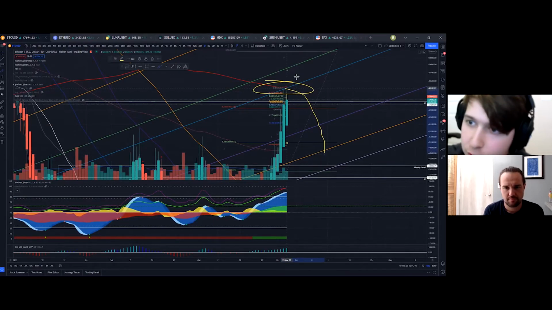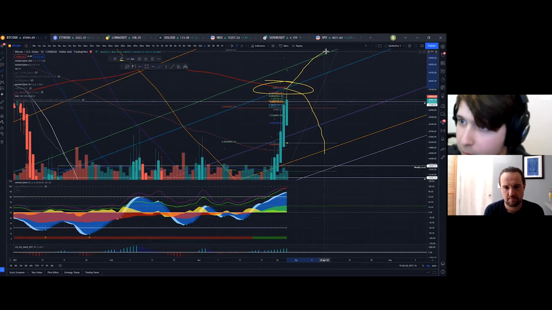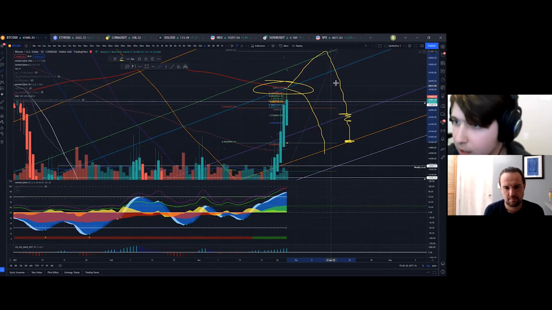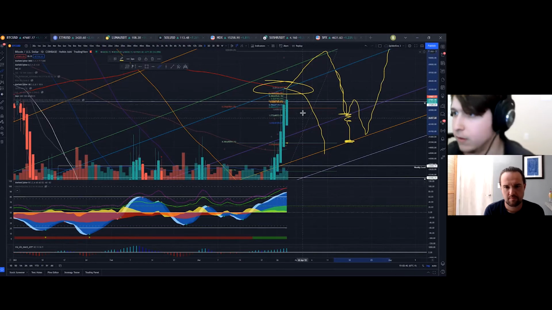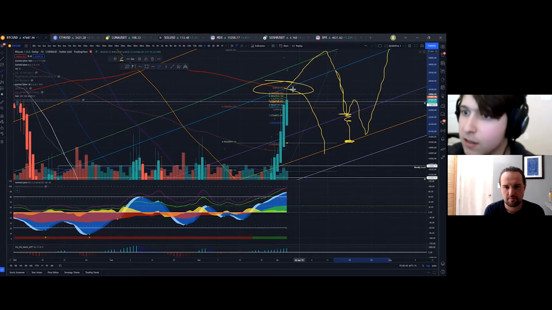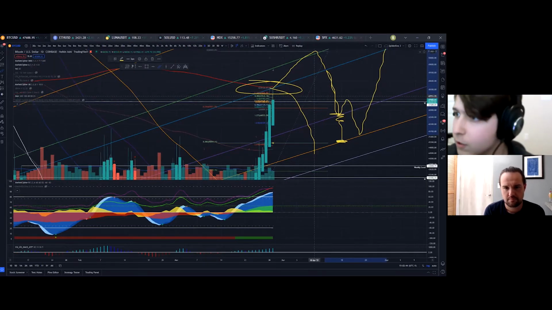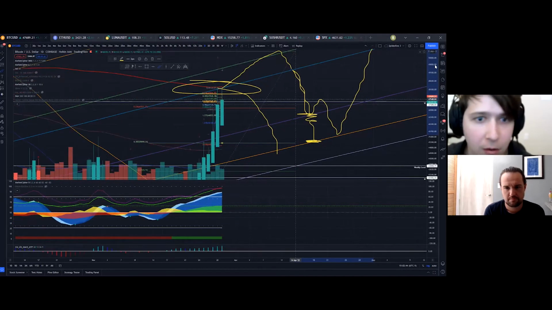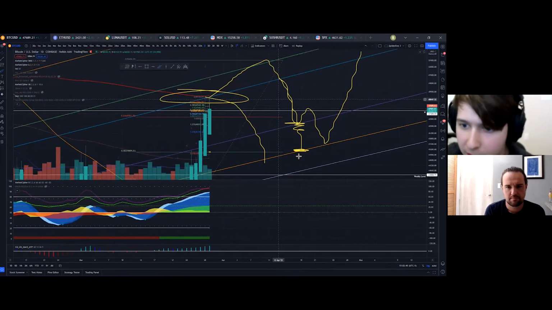I think if we do continue up to 50,000, get a little bit above that from the FOMO and then dump down, that would make sense. We would have a spider line there, come down, another spider line at 45K, probably come down, get a little bit of a fake out here, get the real bounce of 45K, and go back up to around 56. If we were going to do that, and then we draw our targets from, let's say we retrace from 50,500